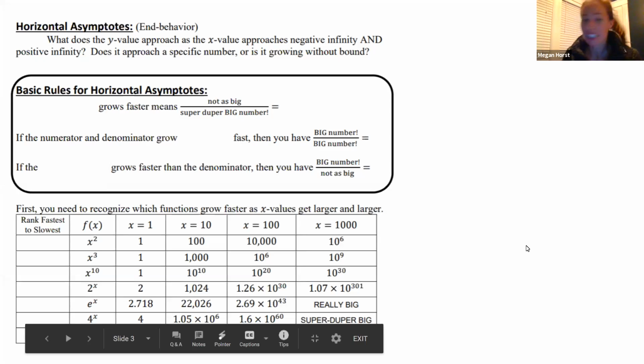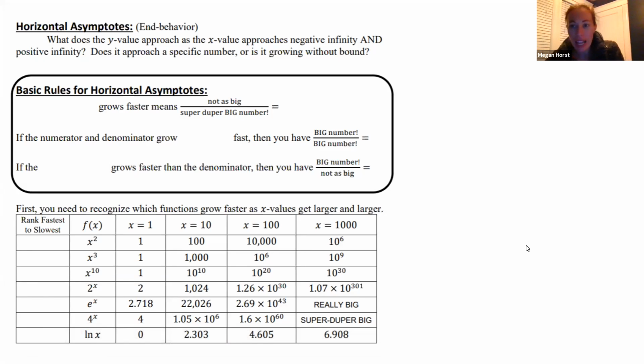Hey guys. All right. Today we're going to look at limits at infinity. Previously, we looked at limits to infinity. And those were the ones where we had something like,